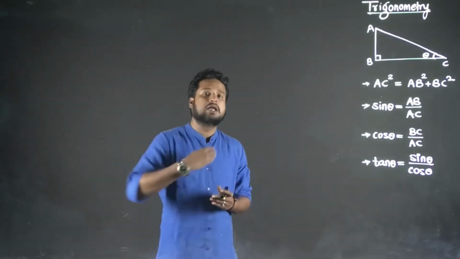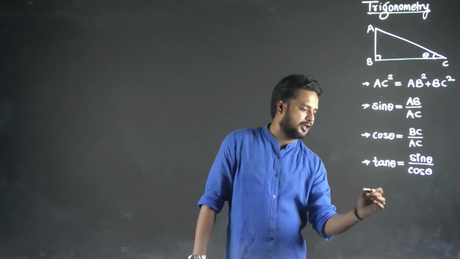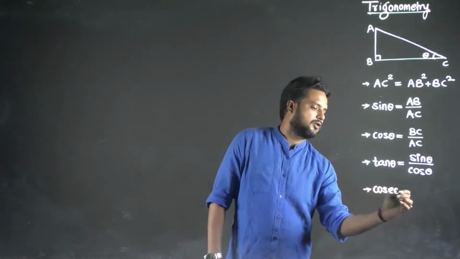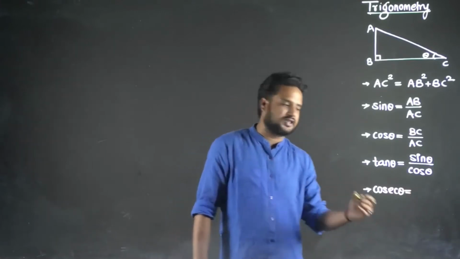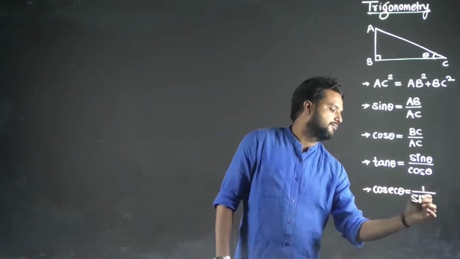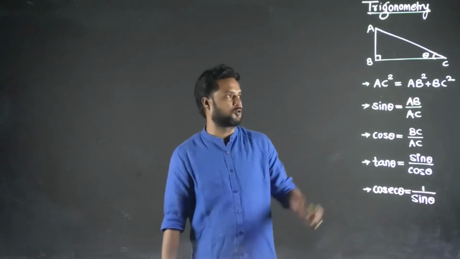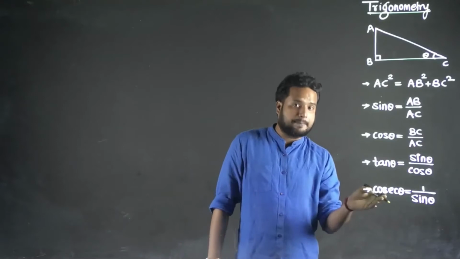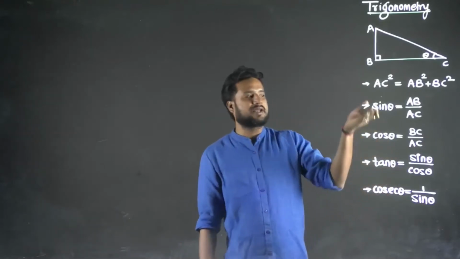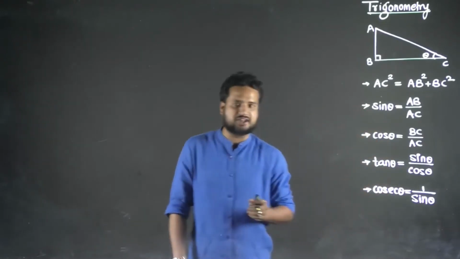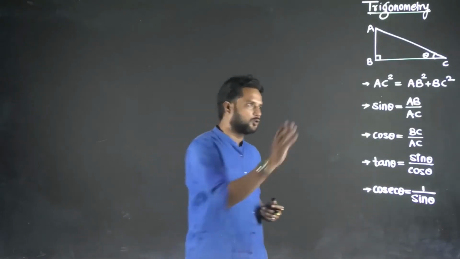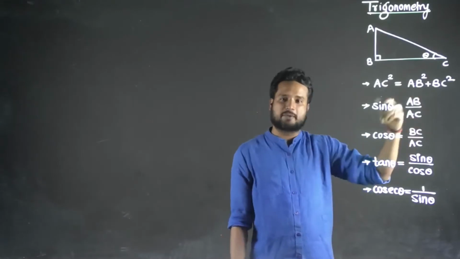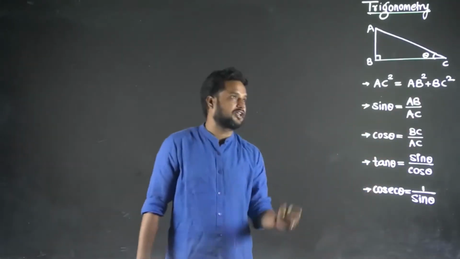Now when you went to 9th standard, you saw there are a few more trigonometric ratios. That is cosec theta. What is cosec theta? It's nothing but the opposite of sine. I'm not going to consider these ratios with respect to the right angle triangle now. I'm just relating upcoming ratios with existing ratios. So cosec theta is nothing but 1 divided by sine. With respect to the right angle triangle, it is hypotenuse divided by opposite side. Clear? Okay, cosec theta is done.